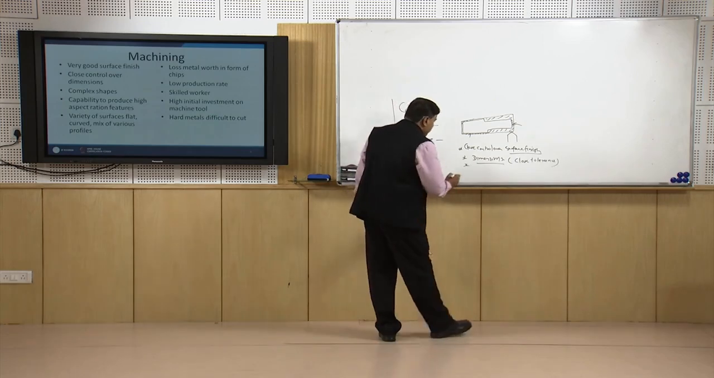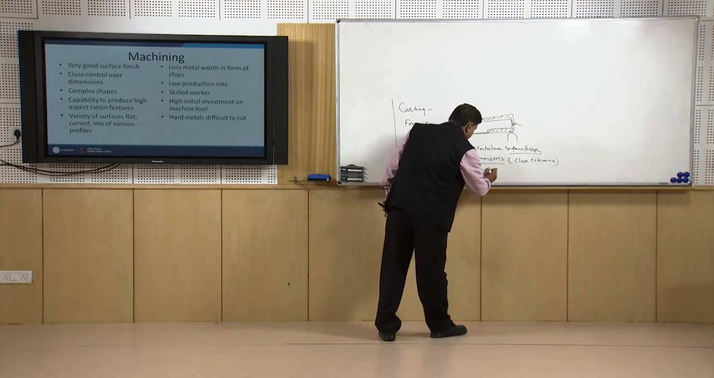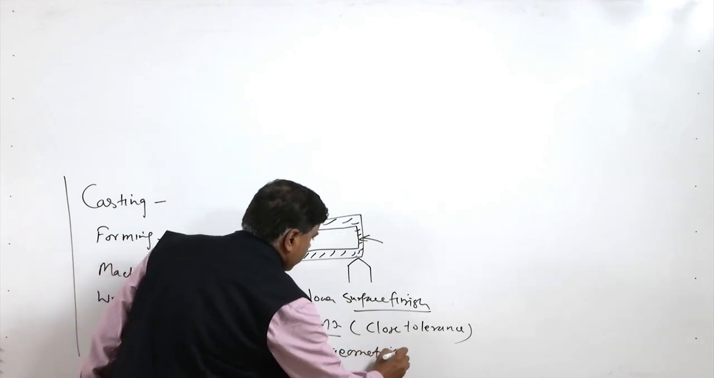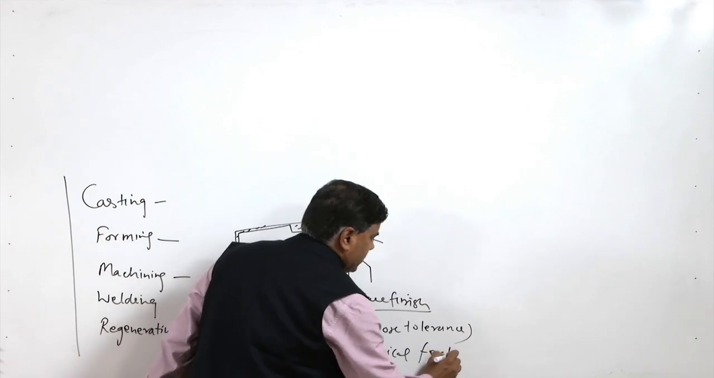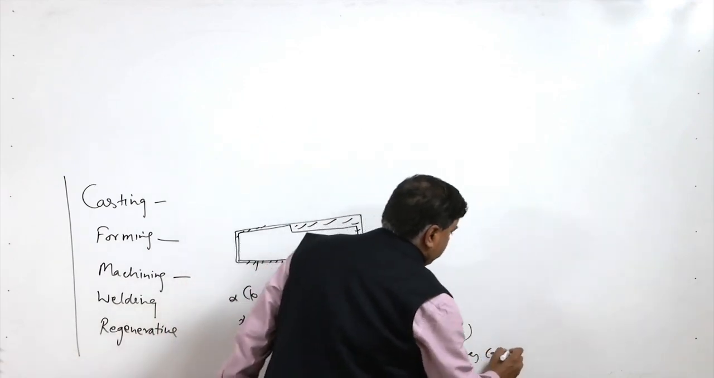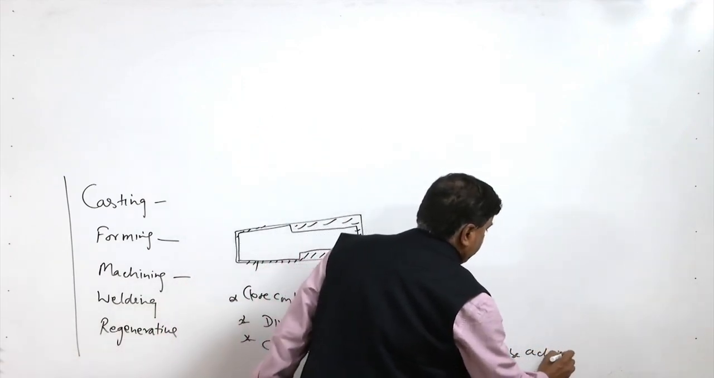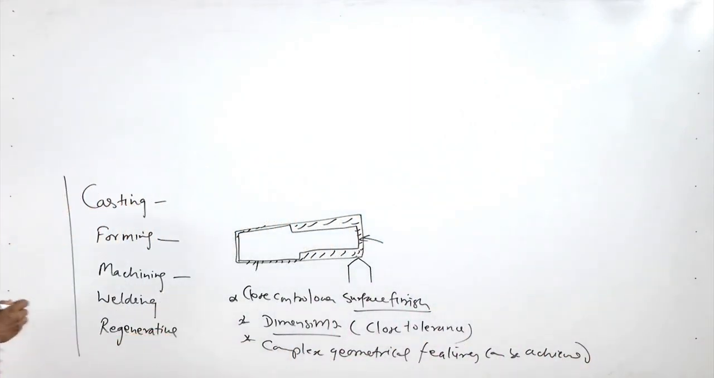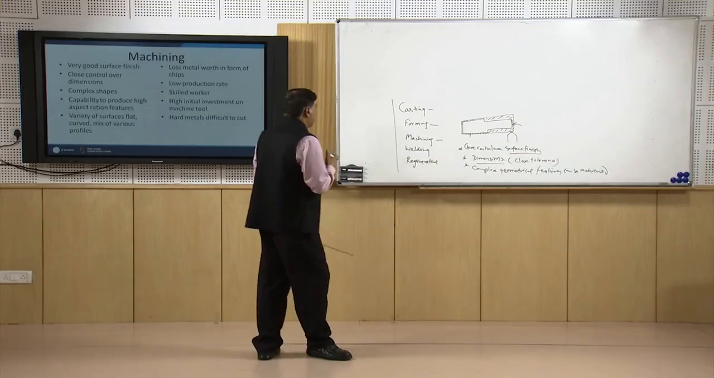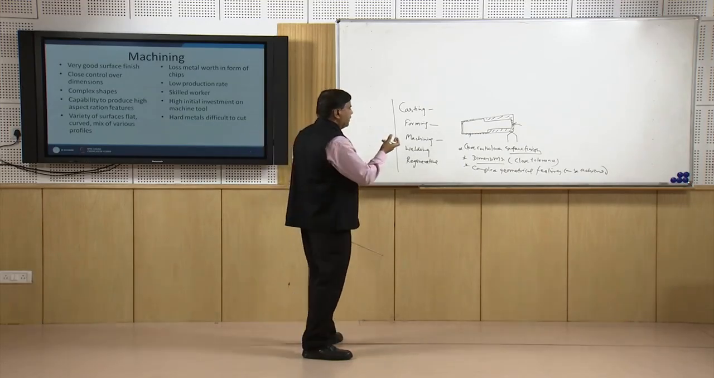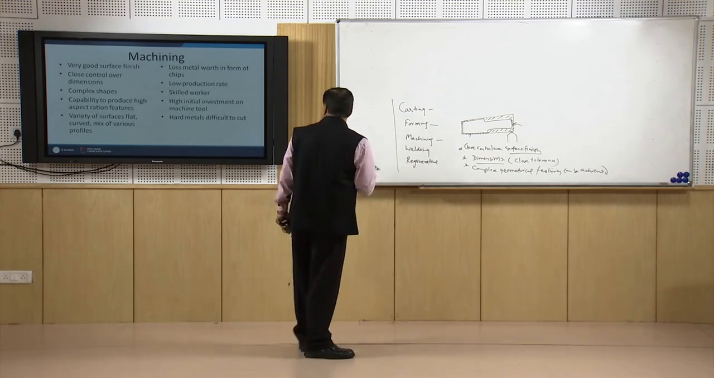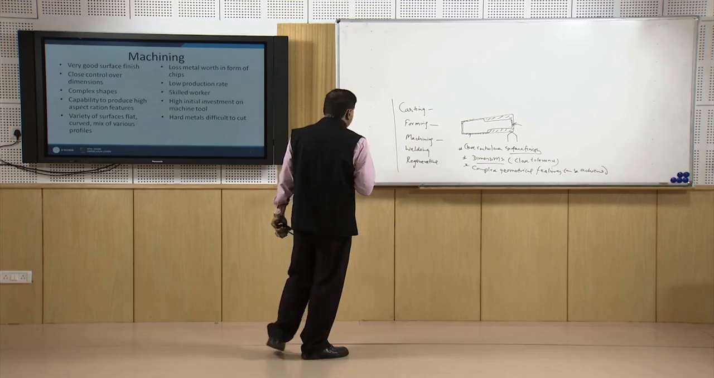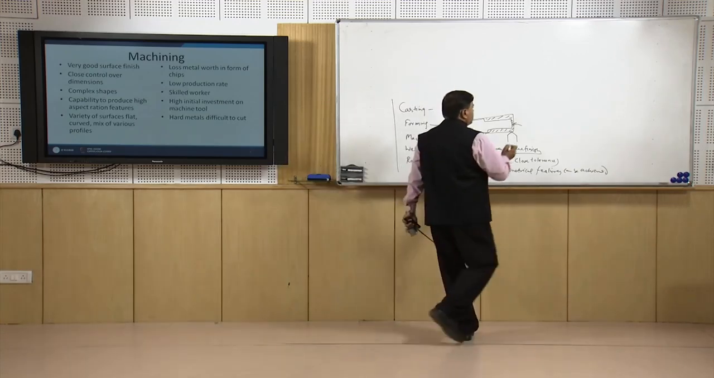At the same time, very complex geometrical features can be achieved by machining, which is otherwise not so easy to make in case of casting and forming with such precision as well as a good surface finish. So, the complex geometries can be achieved, but the process has the limitation of